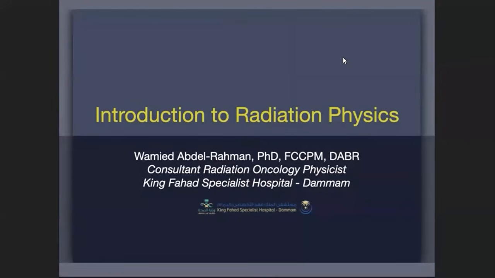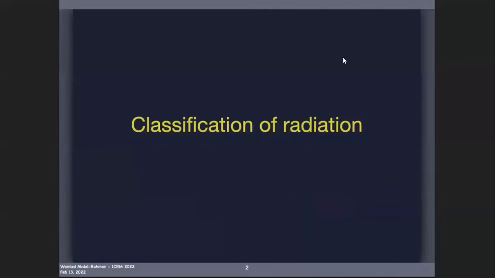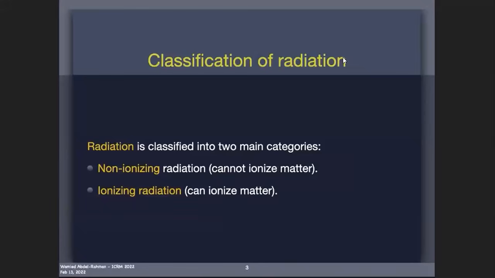So I'll try to go very quickly, and let's hope that I can finish on time. So, the classification of radiation. Radiation is classified into two main categories: non-ionizing radiation, and that's radiation that cannot ionize matter, and ionizing radiation, which